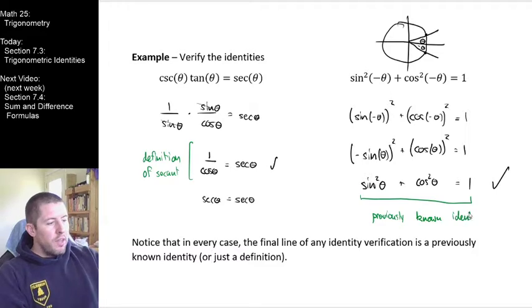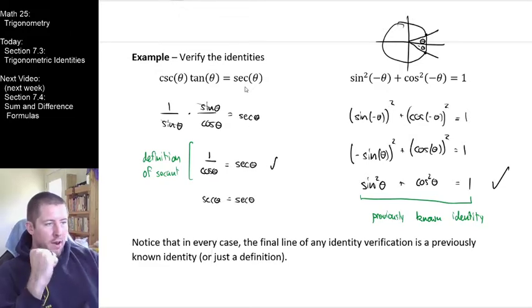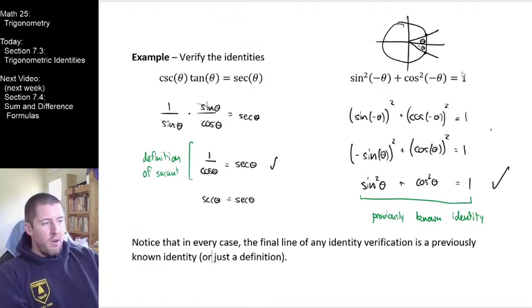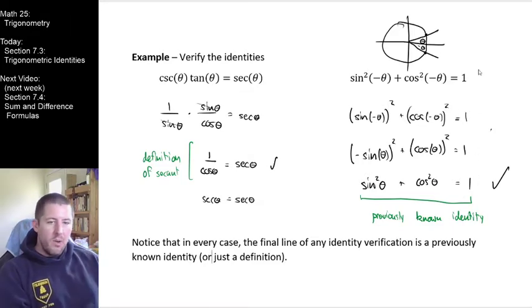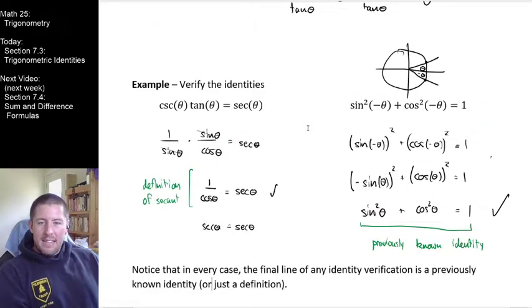So as soon as you get to either something that's just a straight up definition or a previously known identity, that's when you are done and that you have verified the identity, right? And again, over here, we left the one alone every single step of the way. We never touched that other side of the equation right there. All right? So now that we've got our identity verification underway here, let's go ahead and try all